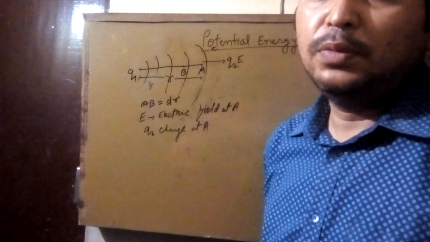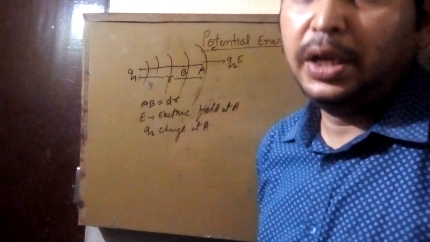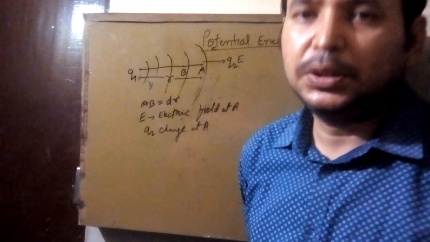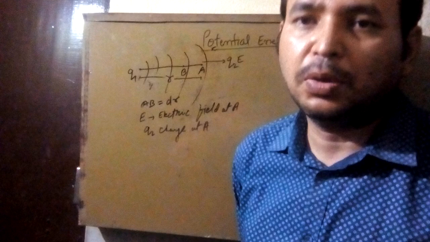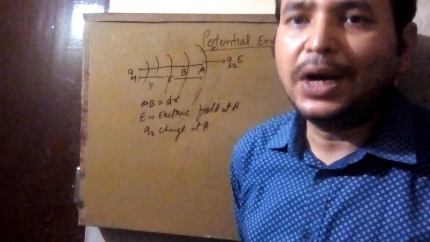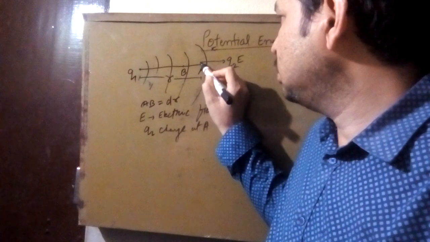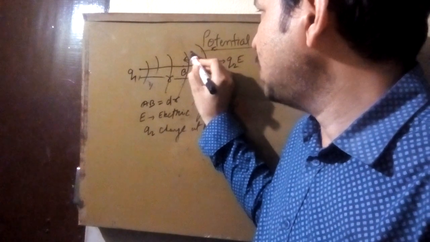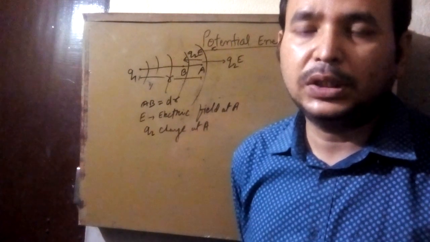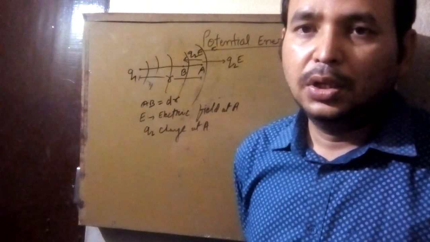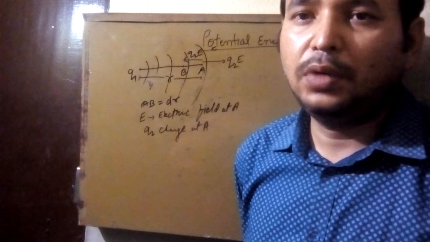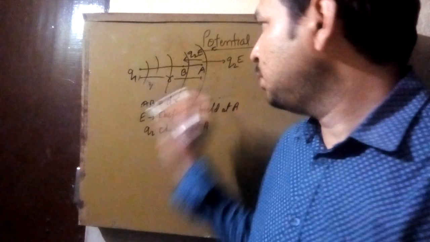Now I have to move the charge from point A to point B, within a small displacement, and we will consider the displacement so small that the electric field strength remains the same, that is E. We have to move the charge without acceleration. So the net force on it must be 0. So how much force do I have to apply? Q2E in the opposite direction. We have discussed earlier also why. So the force is Q2E, but in opposite direction, so it will be minus Q2E, and the displacement is dr.